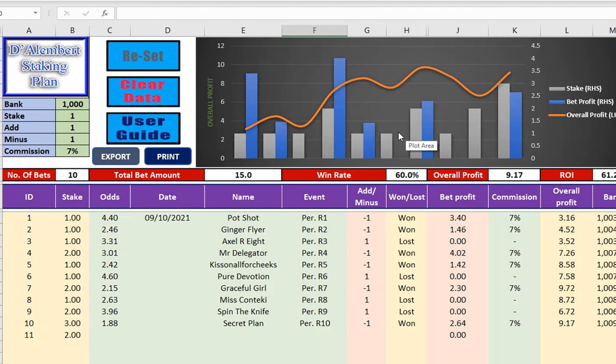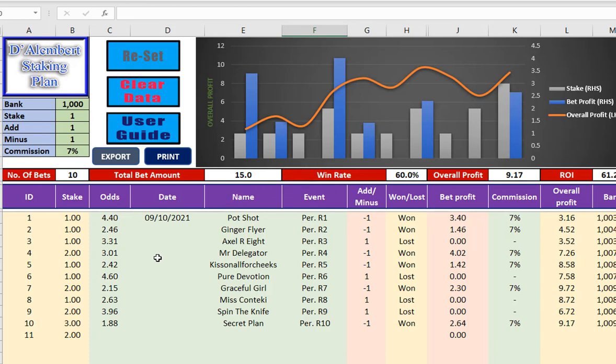The reason for the software, the Excel spreadsheet and the cloud version, is obviously to keep a record, because you may only want 1 or 2 bets today, and like this one here you may want to carry on next Saturday and continue, which you can obviously do using the spreadsheet or the cloud software. Plus you've got a very visual graph showing you, the orange line is showing you our profit. And I'll show you the 5 meetings from last Saturday in Australia, just how they went using the Debert staking plan. Sorry if my pronunciation's not right, but I did get it off Google.